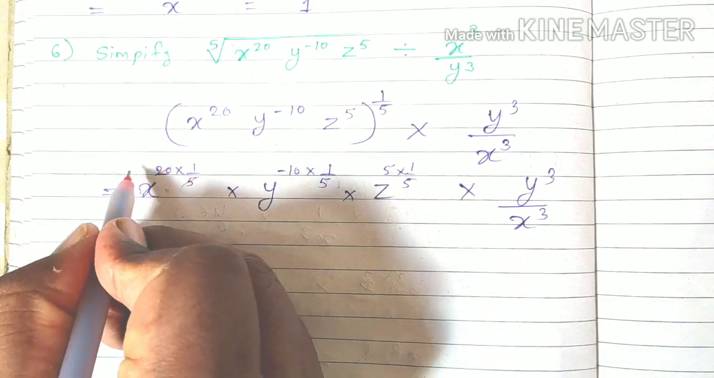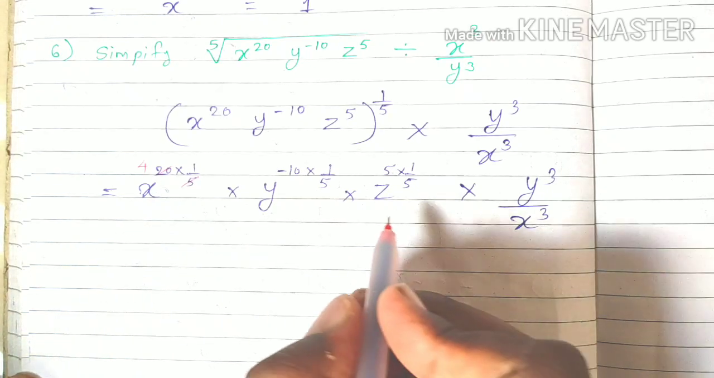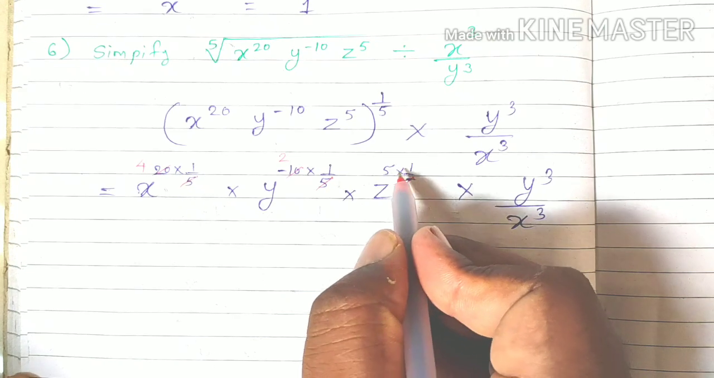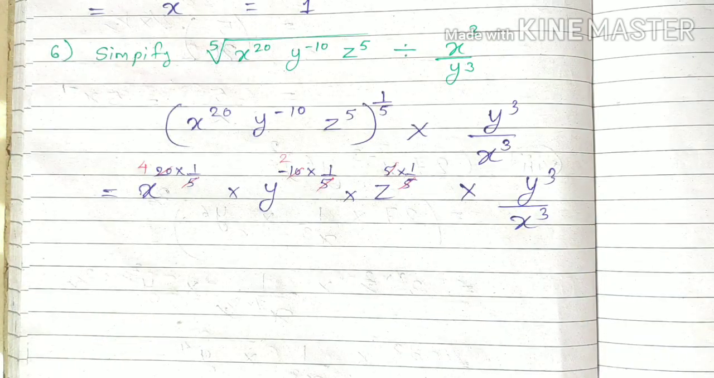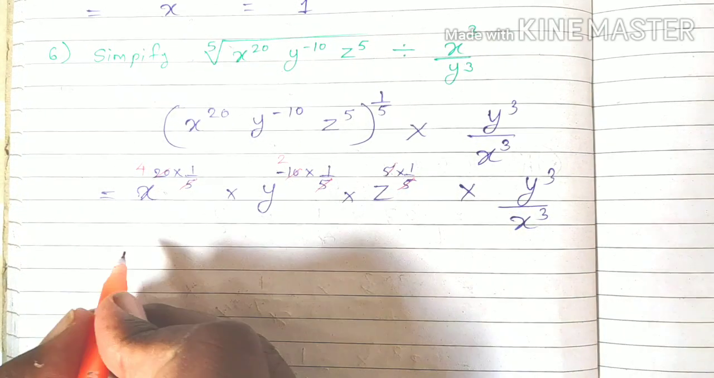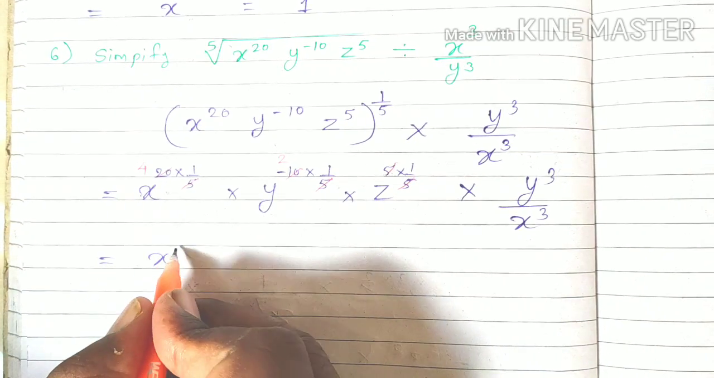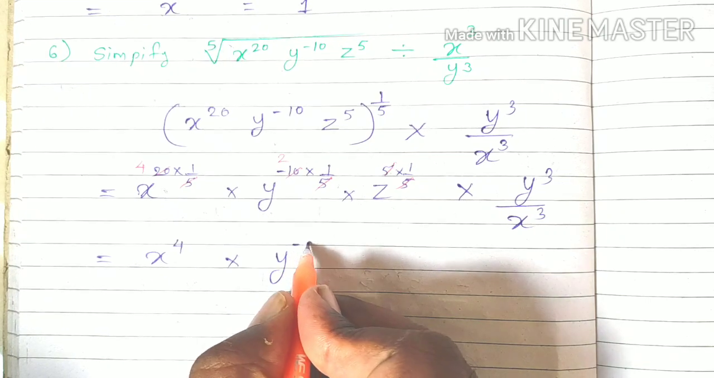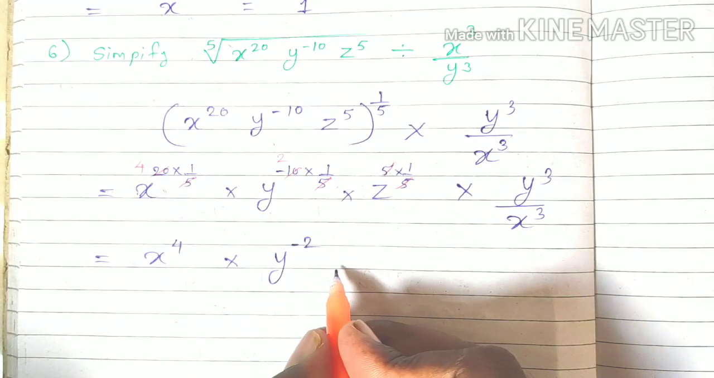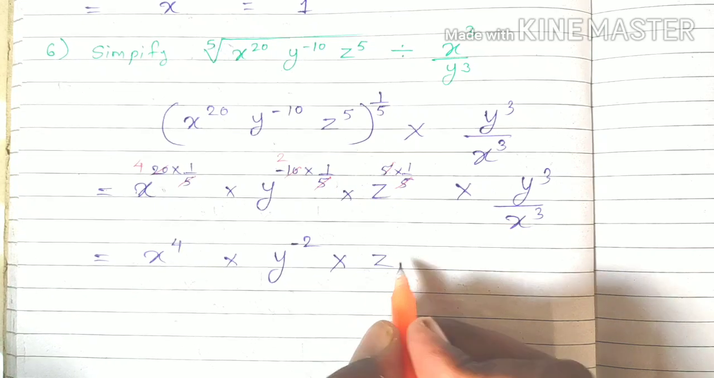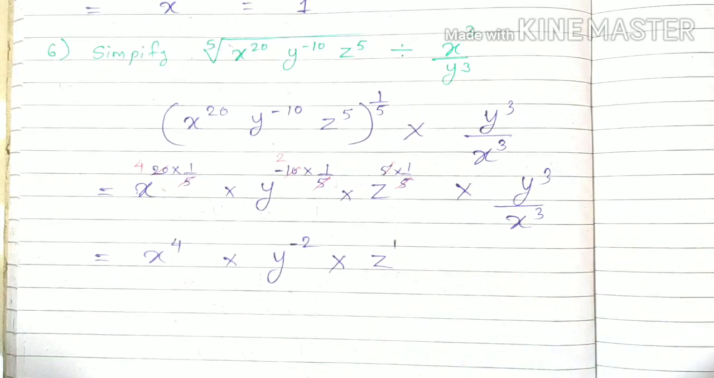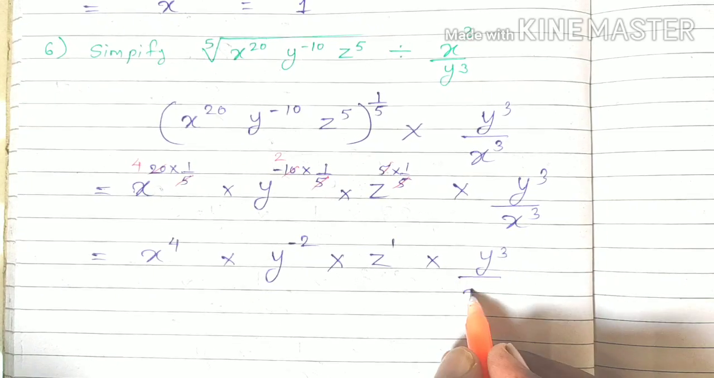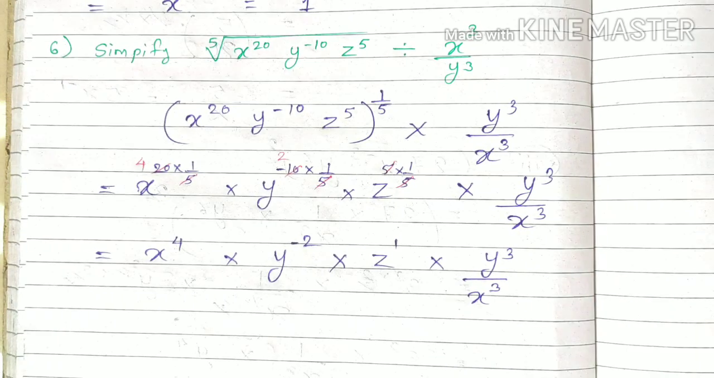Now let us make a cancellation over there. 5 ones are 5, 5 fours are 20, 5 ones are 5, 5 twos are 10, 5 will get cancelled. Okay, so the remaining values are x raised to 4 multiplied by y raised to minus 2 multiplied by z raised to 1 multiplied by y raised to 3 upon x raised to 3. Okay,